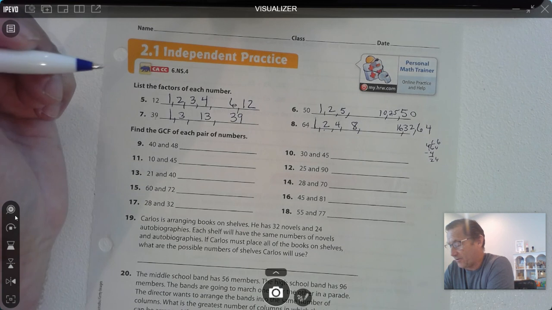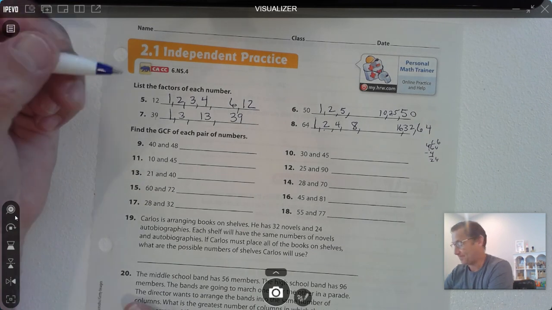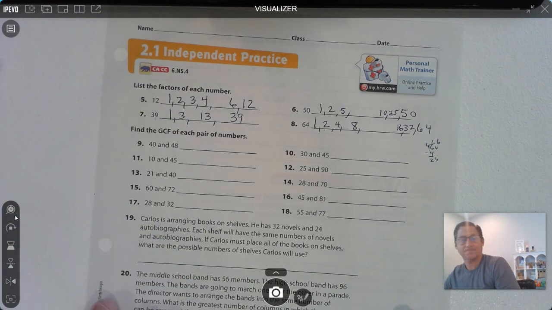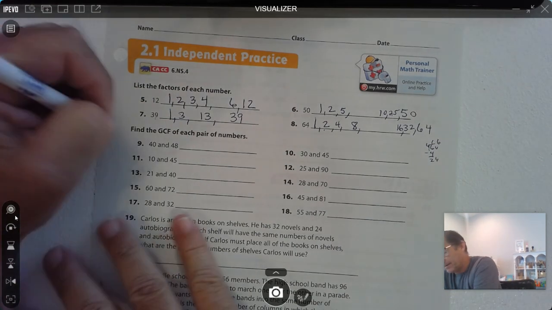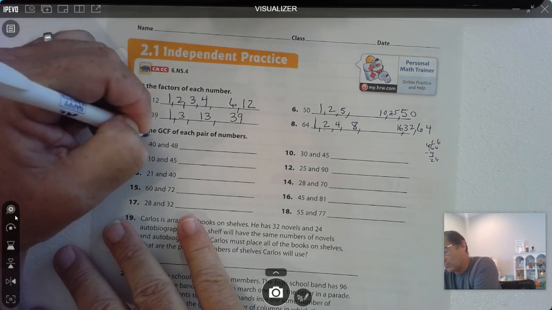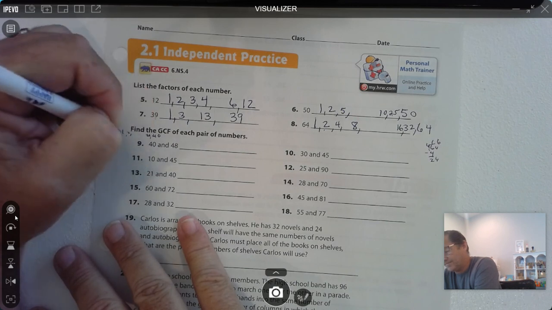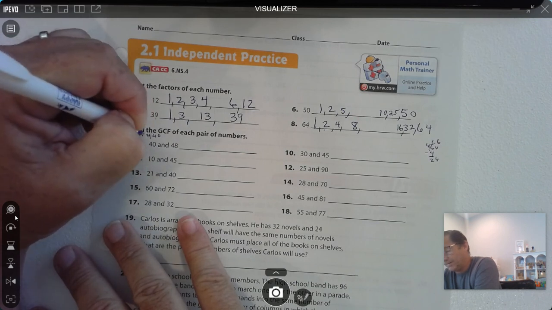All right, now find the greatest common factor of each pair of numbers, 40 and 48. Okay, so list the factors of 40, the factors of 48. 1 and 40, 2 and 20, 4 and 10, 5 and 8,